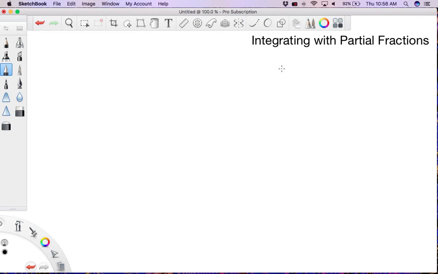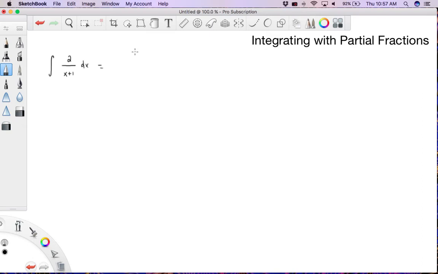Right now I'm going to explain the process for integration with partial fractions. Actually, before I do that, I want to show you guys one thing, and that is this integral here, 2 divided by x plus 1 times dx. If the denominator in your integral is a linear factor, like x plus 1, where x has to be to the first power,